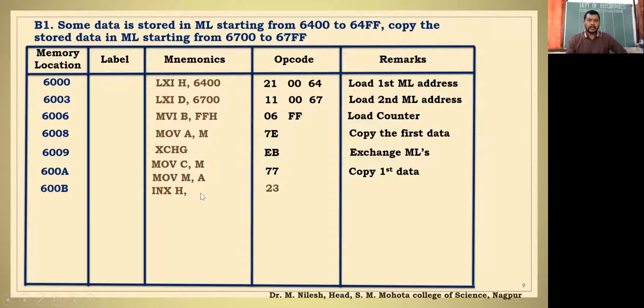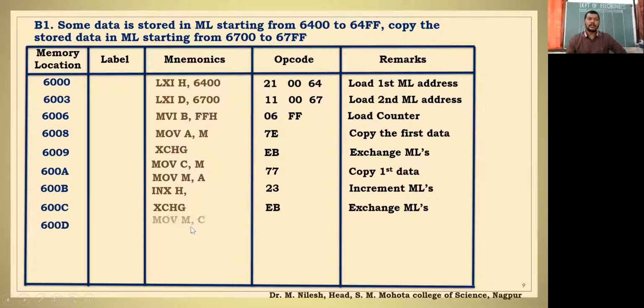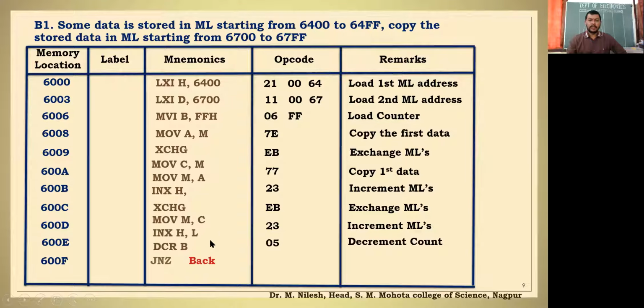So first data, then we have to increment, then we have to exchange, and now what we will do after that is move the data from C to M, right? And then we have increment HL, so we will be incrementing it. Then again we have to decrement. So the one step is over for exchange. Now decrement B, one job is over. And after decrementing, jump if not 0 to back. So back is now over here again at the same position. But yes, definitely this instruction is going to change since the memory locations are being varied.